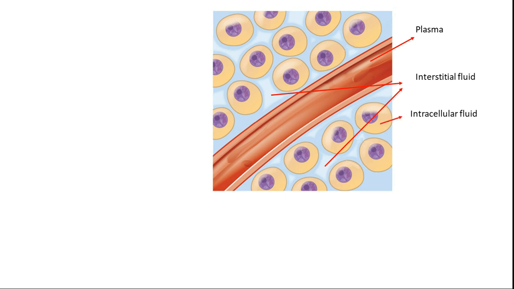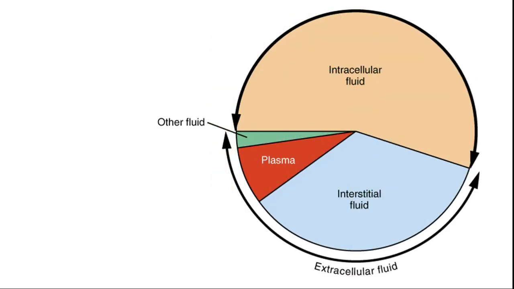The third one is intracellular fluid, meaning whatever fluidic material we have within the cell is what we call intracellular fluid. All these fluid materials are connected to each other through membranes, and transportation is possible between all these compartments. In our body, intracellular fluid is the maximum, and after that you will find interstitial fluid, and then plasma.